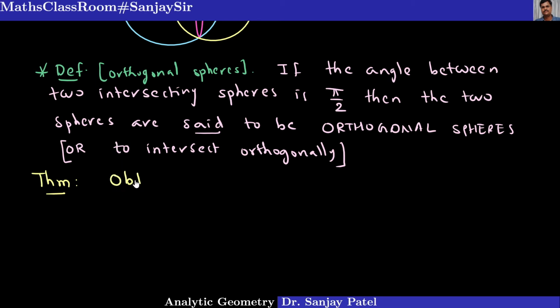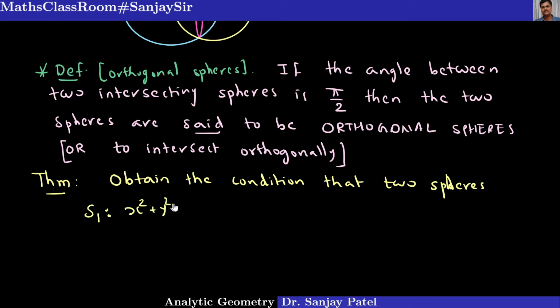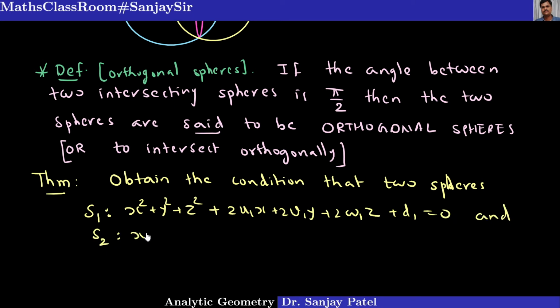Obtain the condition that two spheres S1, say x square plus y square plus z square plus 2u1x plus 2v1y plus 2w1z plus d1 equal to 0, and S2, which is again replacing u1, v1, w1 by u2, v2, w2, the equation of the second sphere,